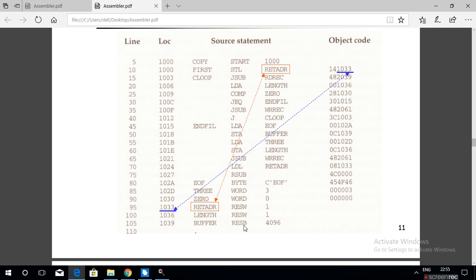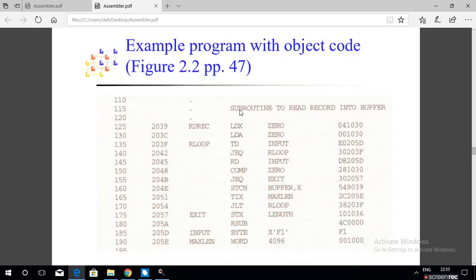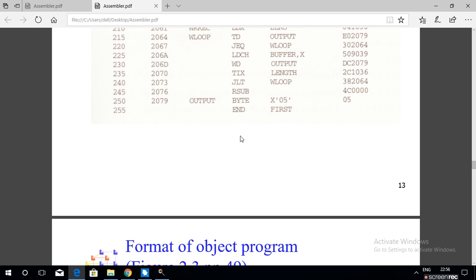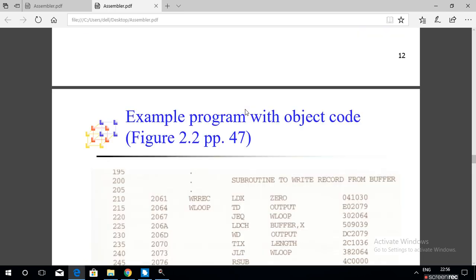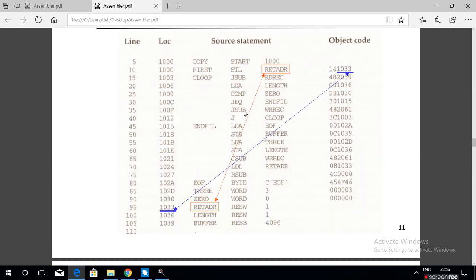These are the examples of assembler directives.